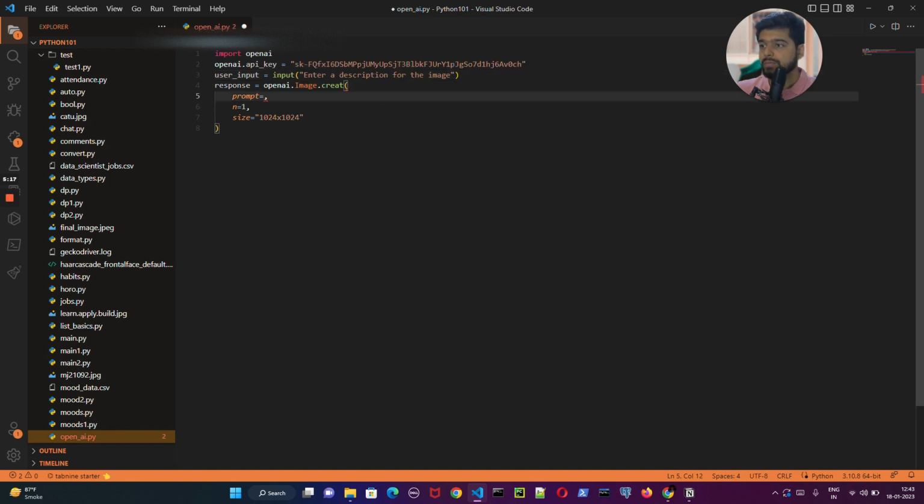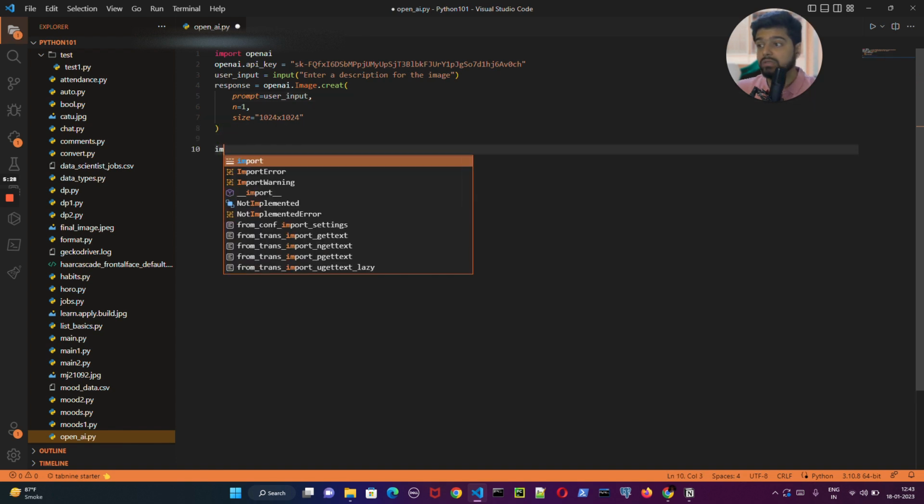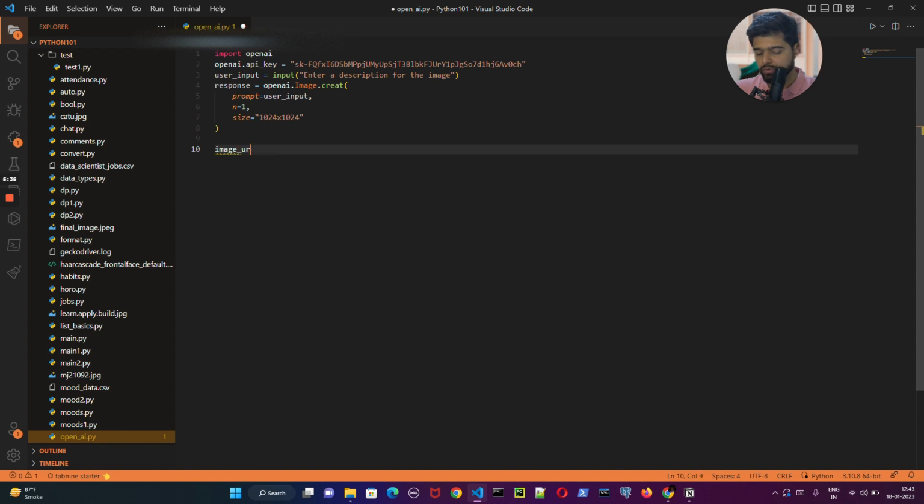And here you will need to pass the user input, so we'll pass the user input here. We are almost completed the code now, the final steps here. So we've only completed the code for the image generation part. So now we have image underscore URL. So this generates a URL response. So let's say response, then in the response we'll have data, and in the data section we'll have